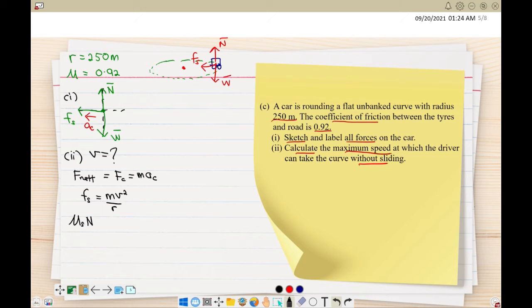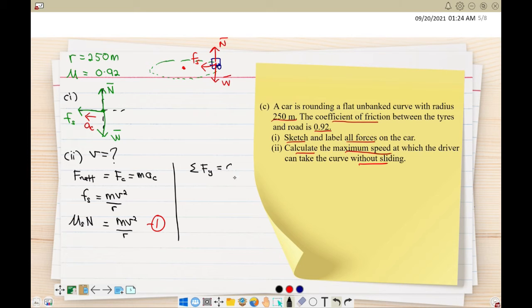Okay, so the frictional force is mu n, the coefficient multiplied with the normal force, and this equals mv square over R. I make this my first equation. Okay, my first equation, because we can't solve it yet, so that is our equation number 1. Then we use the second